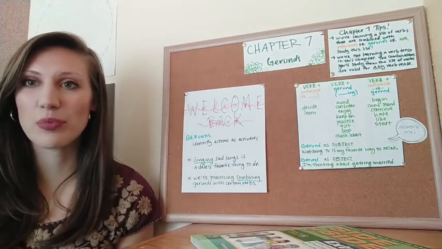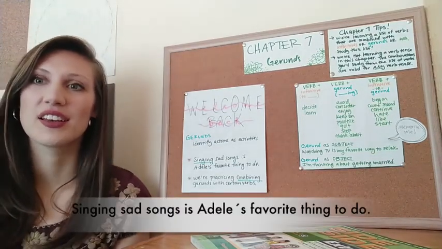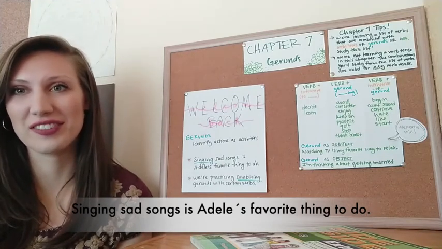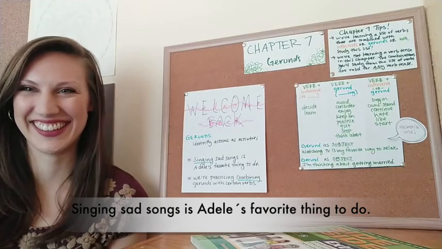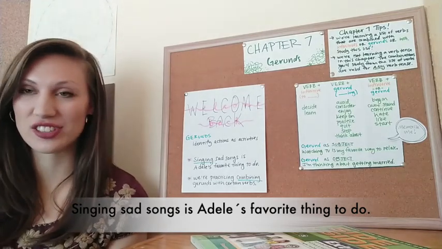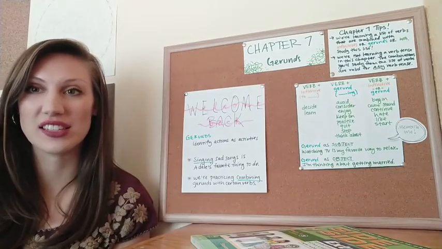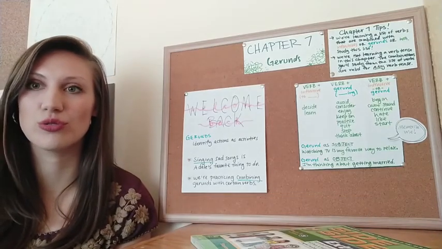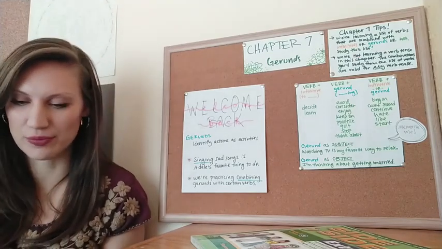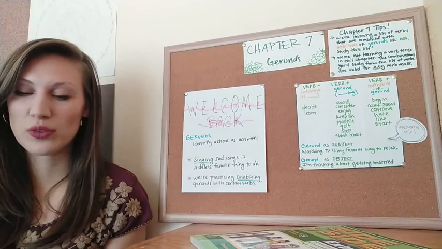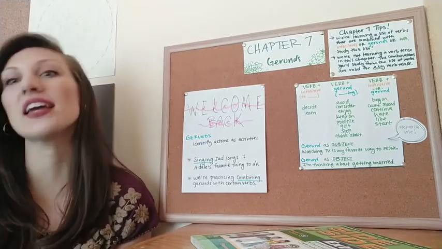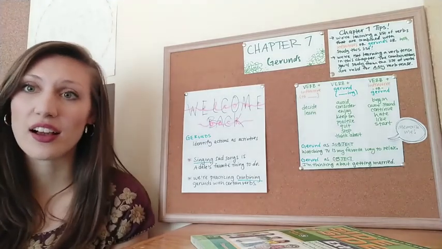So here's an example of a gerund. Singing sad songs is Adele's favorite thing to do. So in that example, singing is actually the subject of the sentence and it refers to cantar in general, right? So that is one way we can use gerunds as the subject of a sentence, and we're actually practicing combining